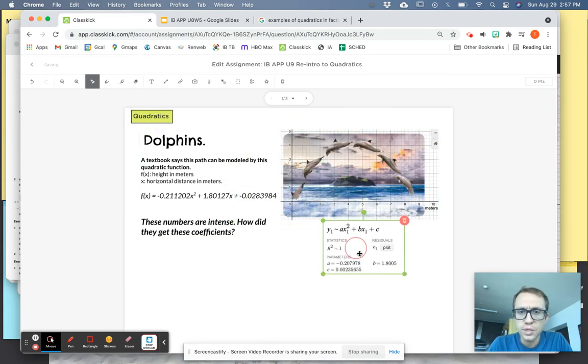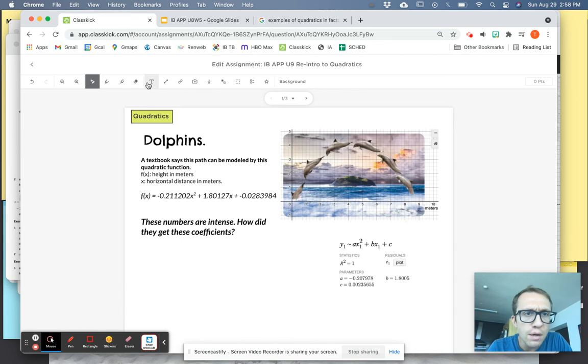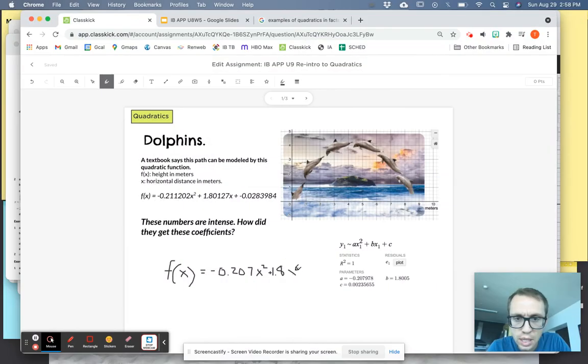Okay, so I have right now, and it's slightly different because I put the picture in slightly differently, and that's okay. But because of Desmos quadratic regression, I can write an equation that matches the dolphin path pretty precisely. Instead of a, I could write negative 0.207 x squared, and I could write plus 1.8 x, and then my c value here is,